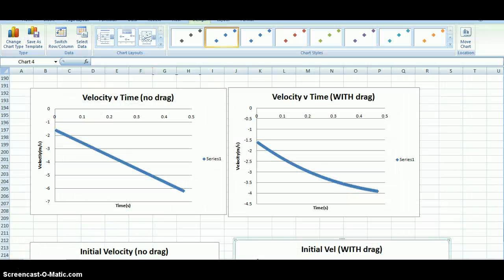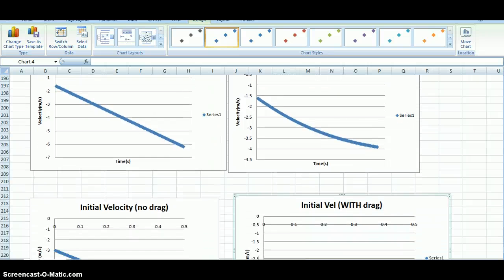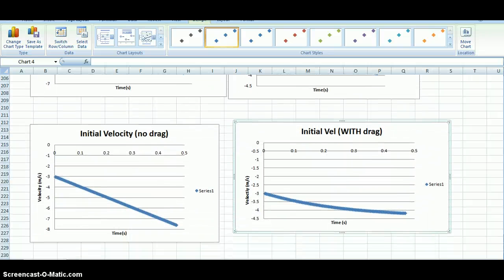For the what does it mean, I took the paper ball model and plotted velocity versus time. Without drag, the velocity changes at a constant rate. However, with drag, the velocity seems to level out towards the end, and so I predict a terminal velocity for the model including drag. For the what if, I went back to my Python model